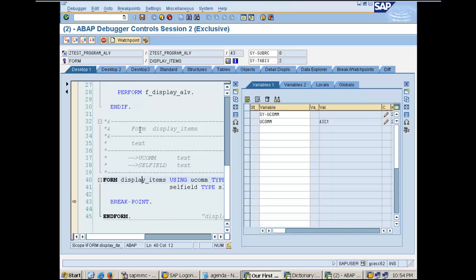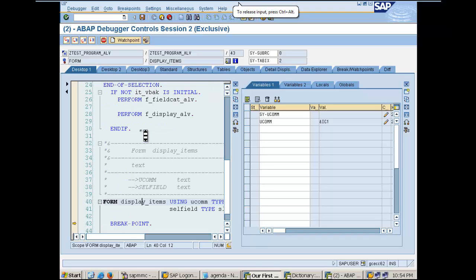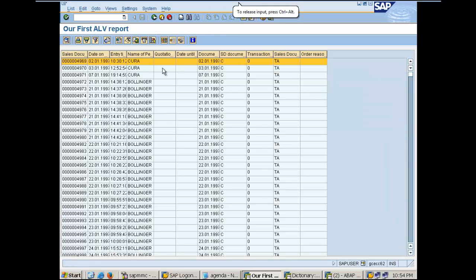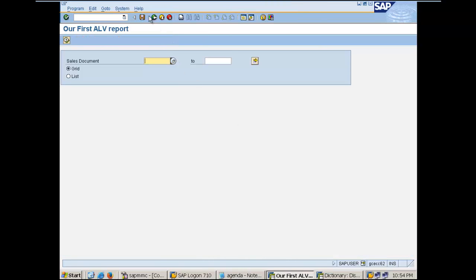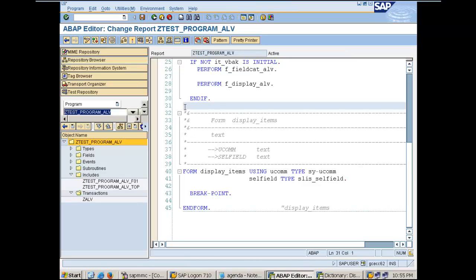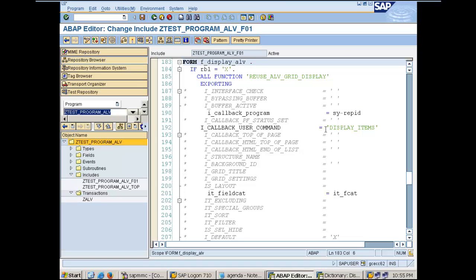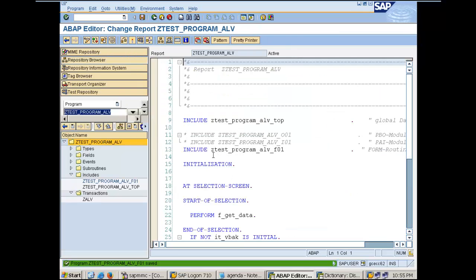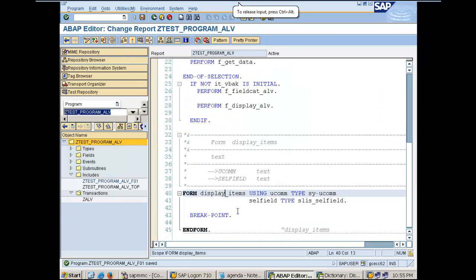So basically, the moment you enter this here, the system creates a subroutine at runtime by default, which means the perform is created by default at runtime, and then the form of that perform or the subroutine will be called automatically. So I hope you have got the concept. So we'll mention